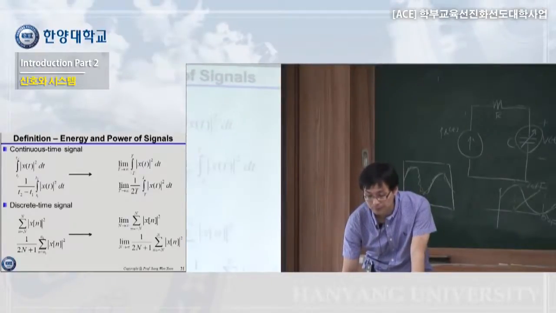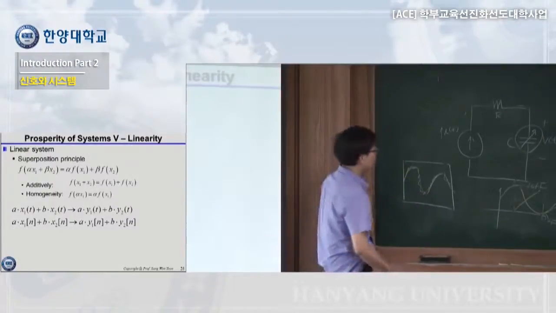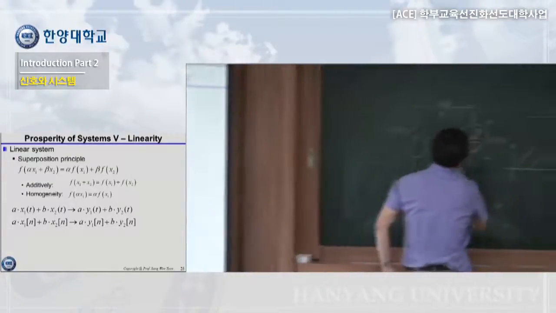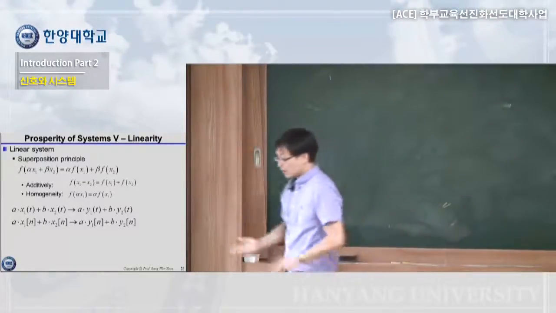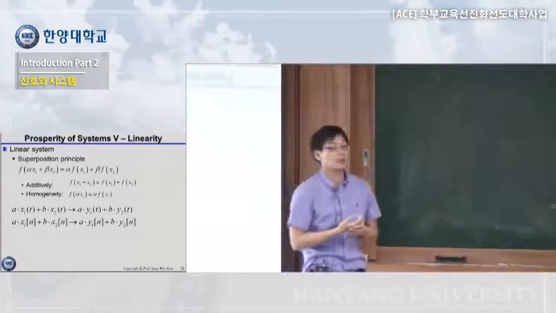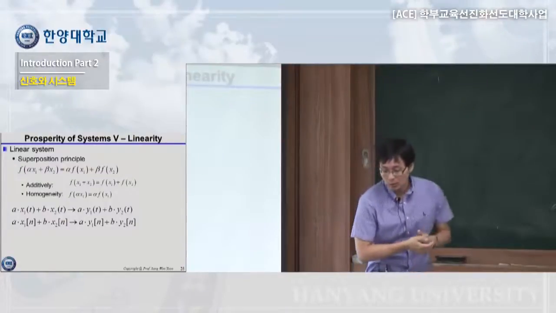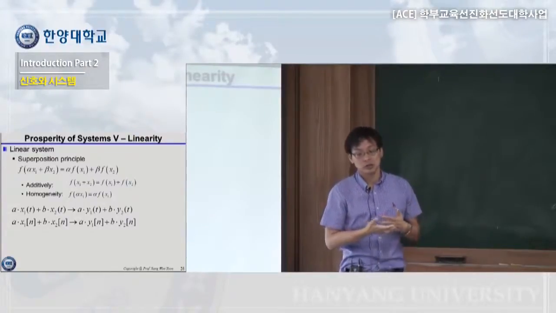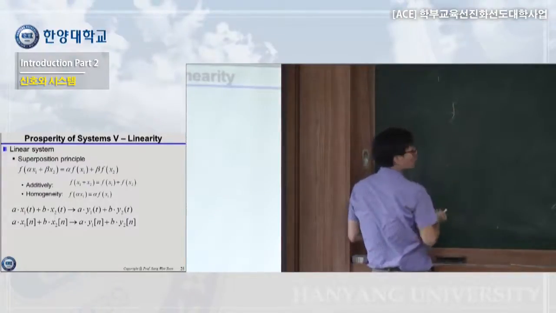So this will be the last property we will talk about: linearity. You already learned about this in engineering mathematics 1 or 2, I think. So for linearity, how to judge linearity is superposition. Superposition is defined as follows, if we have a certain function